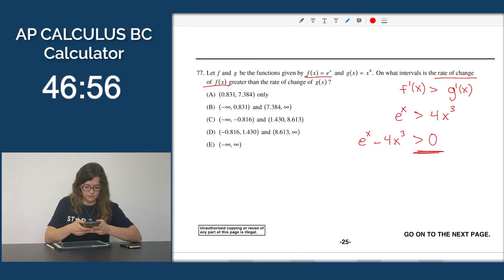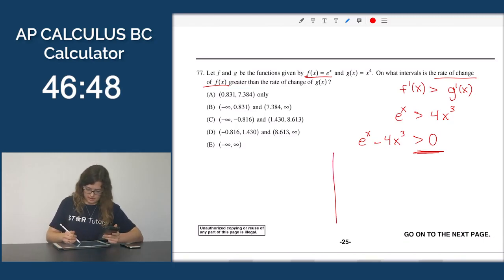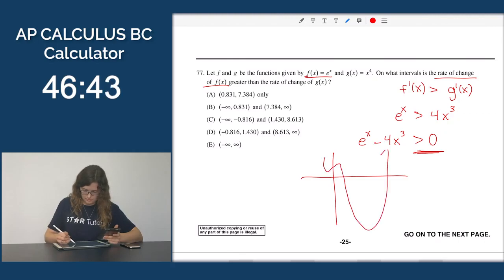Minus 4x cubed, 4x raised to the third. Great. Okay, so I'll roughly draw what I get. Something that looks like this, down and up. Great. I want to know where this function's positive, so I'm looking at, well, it looks like it's positive everywhere